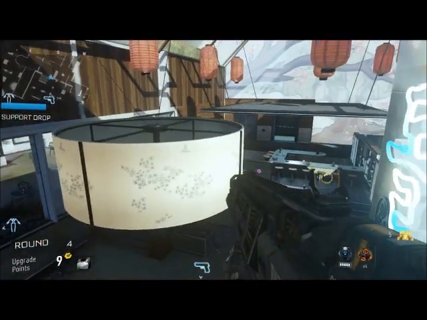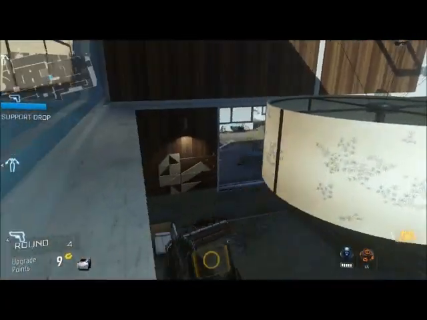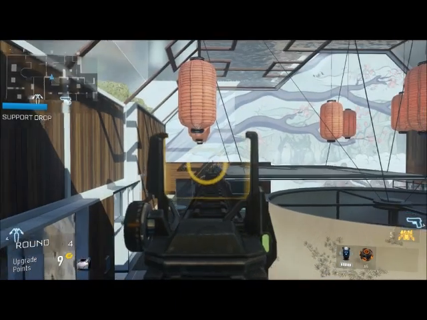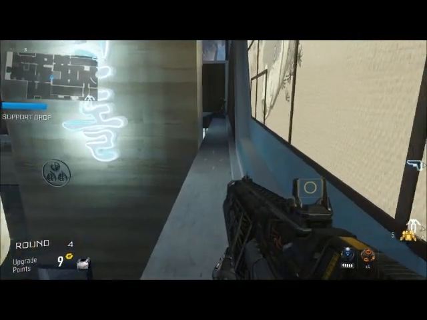Okay. Hostile canine in the area. Watch yourself. There are little guest tables. Get up on those little guest tables right there, and then jetpack up on top of that stinking platform. Once you're up on top of that platform,